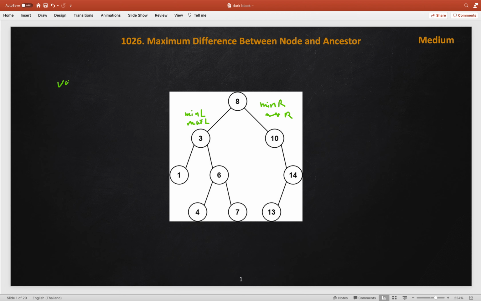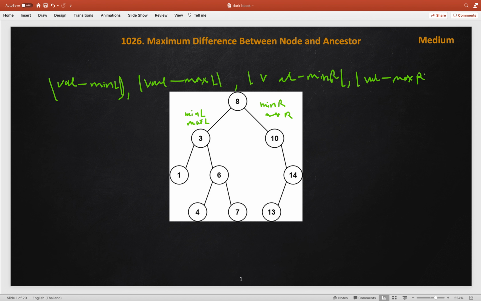So node value minus minL, the minimum of the left subtree, absolute of this, and then the maximum among all four pairs: value minus the maximum of the left subtree, and the two pairs from the right. So value minus minR and similarly value minus the maxR. So these are the four pairs and we need to get the maximum of all the four.